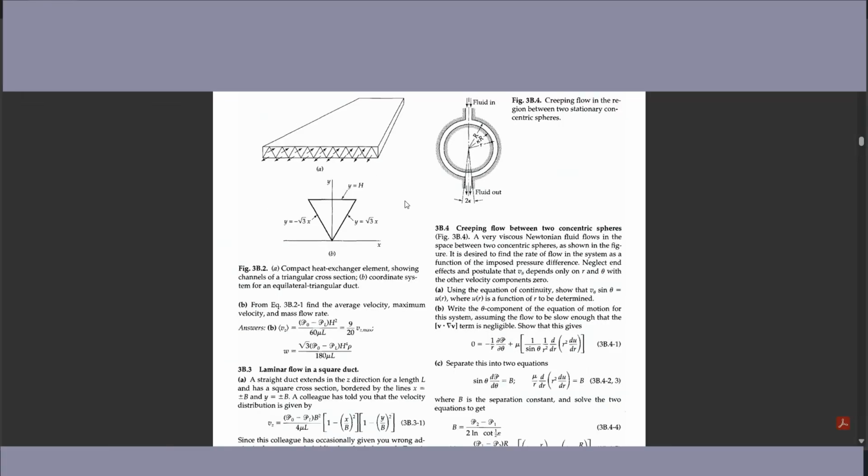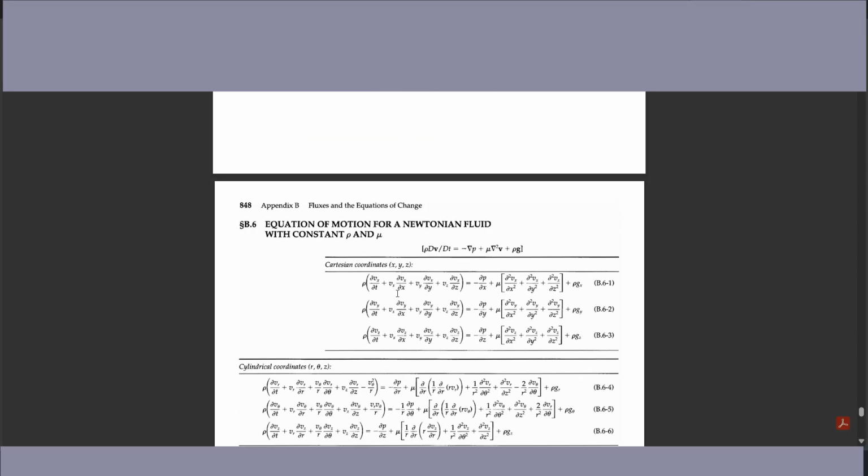All right, now into part B. It wants you to write the theta component of the equation of motion for the system, assuming the flow is slow enough that this term is negligible, which is basically just the non-constant viscosity term. So again, we're going to use this equation here, and that's because this is the theta direction. This is the direction we're interested in because we're looking at v theta, and also we're in spherical coordinates, and we're using